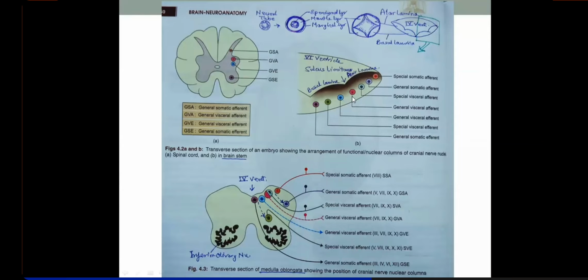Now, according to this same pattern, the next functional column will be general visceral efferents, right? General visceral efferents supply the smooth muscles and cardiac muscles. It means it's an autonomic efferent tract to supply the smooth muscles and the cardiac muscle. So what will come under smooth muscles? Glands, salivary glands, sweat glands, tunica media of blood vessels, vasoconstriction, vasodilatation, erector pili, like goose flesh formation, that is also an autonomic response, right?